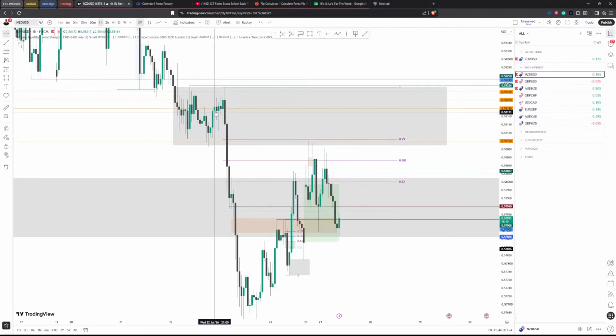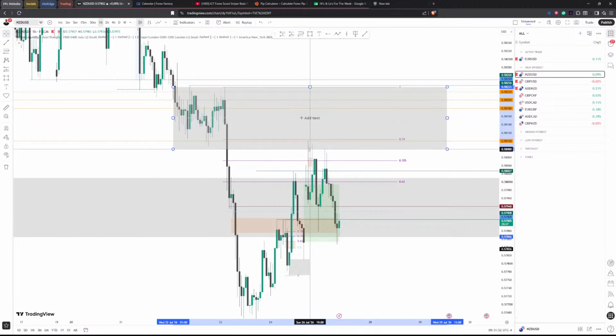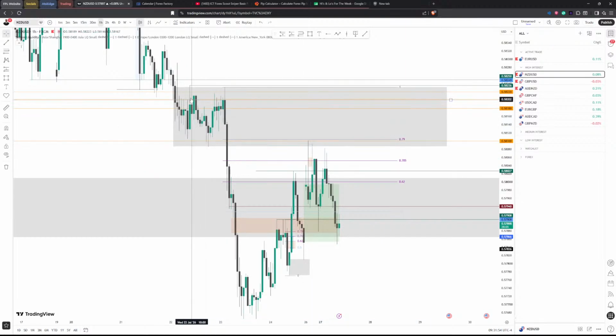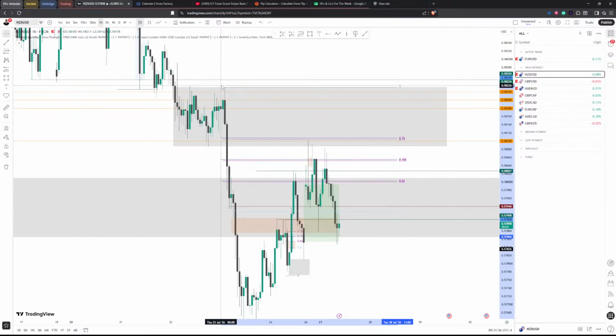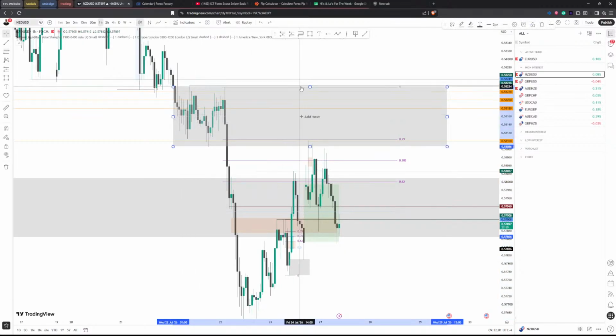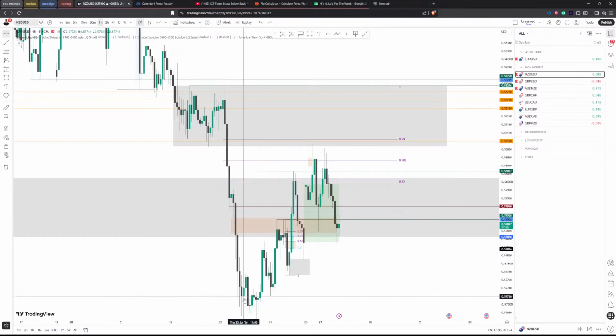Okay, so we had consolidation here. The price displaced out of it, came back up to what? The bottom of this consolidation, number one. Number two, you can argue maybe to the bottom of this wick. So it consolidated between this range, talking about this gray box. You can see the price consolidated in this range, then came out of it, and it's returned back to where? The area of consolidation.